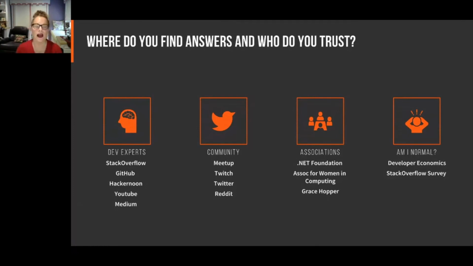So these are the places I recommend most for dev experts, not only because you'll learn so much, but because these are real people posting, and you can actually reach out to them and get to know them. I often hear about the sexism and misogyny in tech, but I think a lot of these folks who post are very approachable and trying hard to help other people.